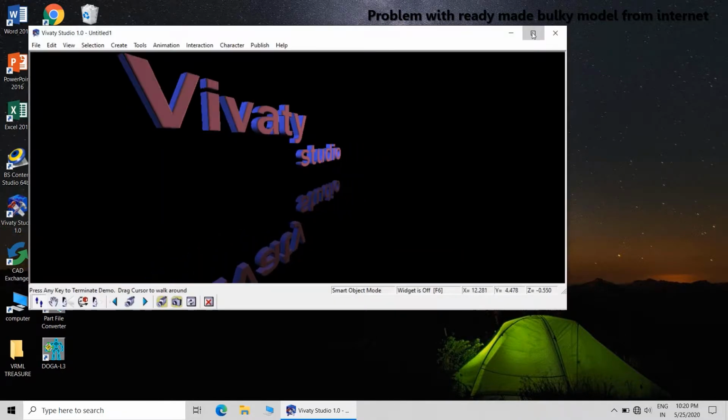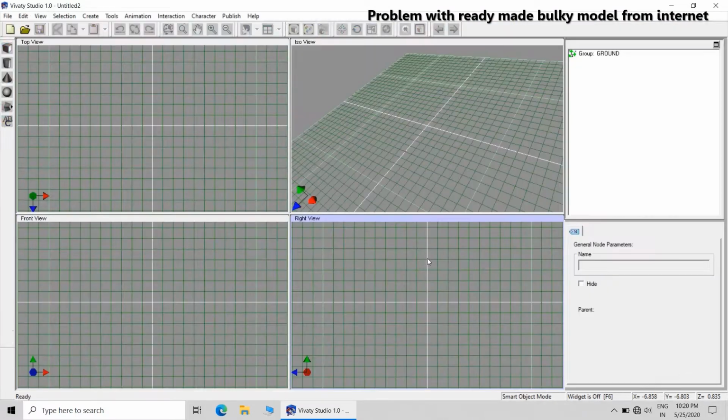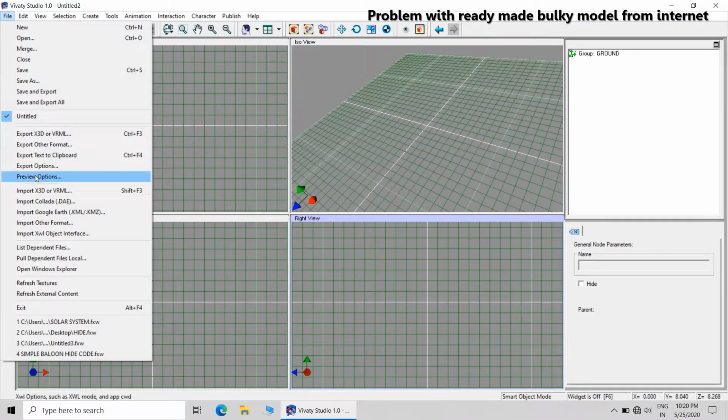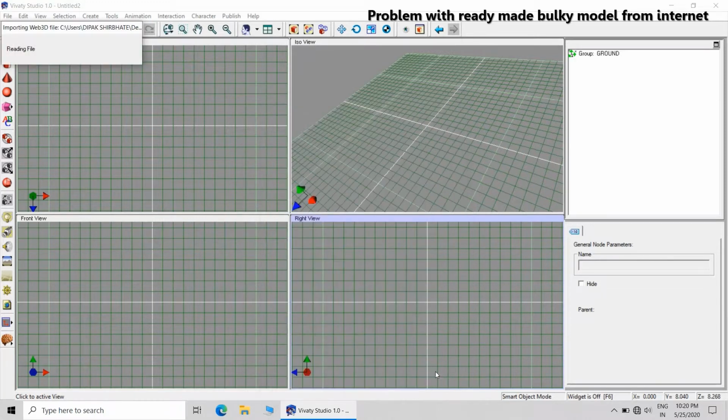So I will not suggest that you go for downloading a ready-made model from the internet. When you try to import such a model, the solar system here is a ready-made model, because our file that we created recently is in capital letters and this is in small letters, so there is no confusion that this is the downloaded model.